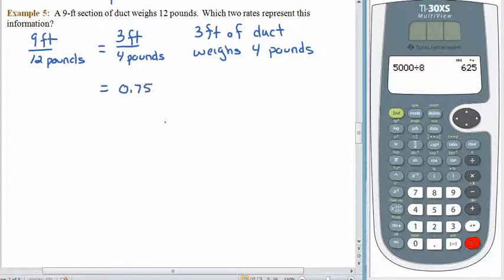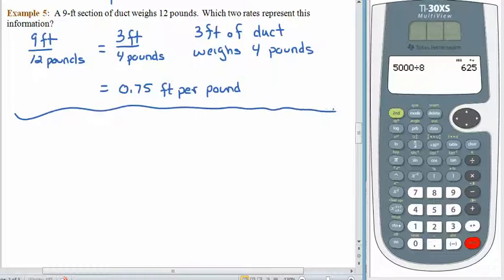Divide the 3 by the 4, we get 0.75, and the question is 0.75 what? Numerator units are feet, per represents the division, and denominator units are pounds. Oops, sorry, feet per pound. That's better. So 3/4 of a foot of duct weighs 1 pound. 3 feet of duct weighs 4 pounds. All the same type of information from that beginning